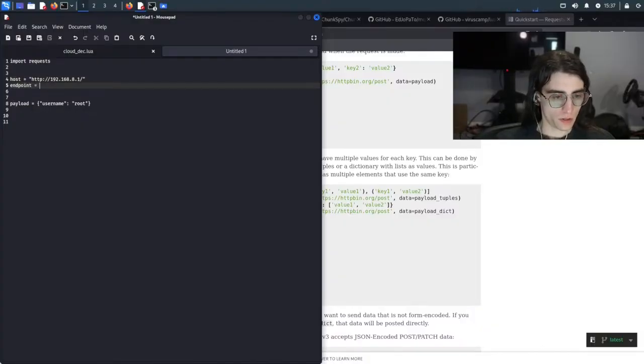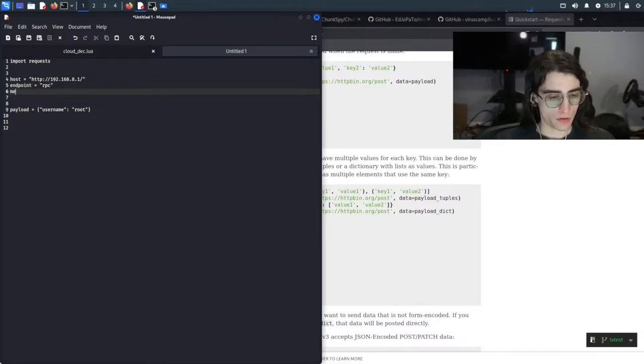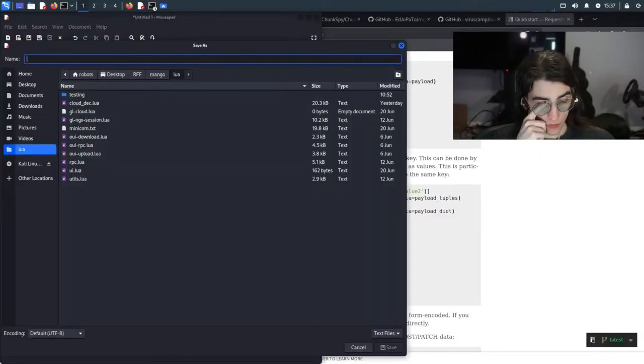Endpoint equals RPC, method equals challenge. Actually, we'll do this in order. Challenge, and then login. Right? We'll save this really quick